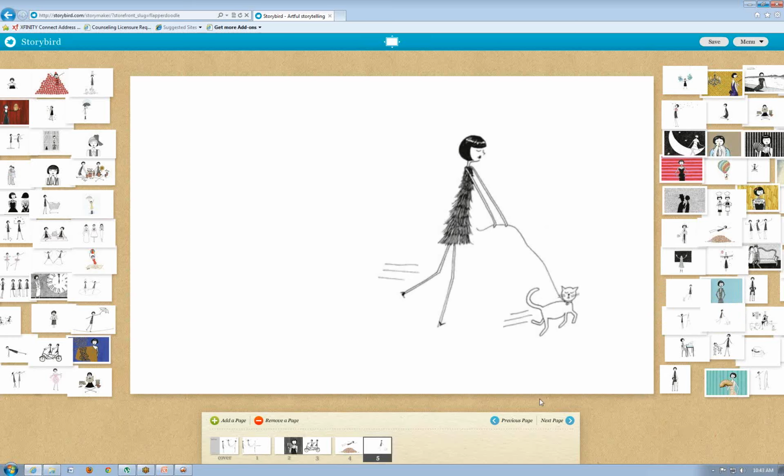And so then you'll just add your story part over to the side. So basically you just pull your pictures, put them in there, and then write your story. And you may have to play around with the different artwork to find something that appeals to you. And you can also search artwork.